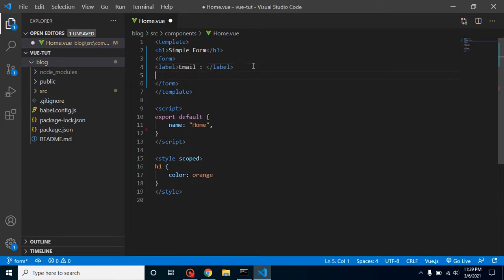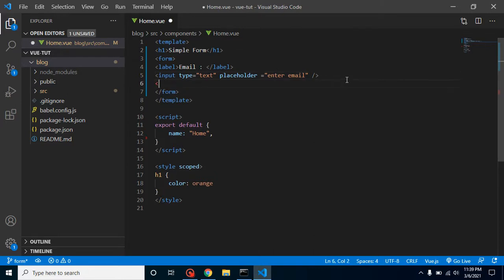After that, let's put here an input, type is text, and we can use a placeholder like enter email, and we can close it. And at the last, we can put a br tag also like this, so that we can maintain some space.